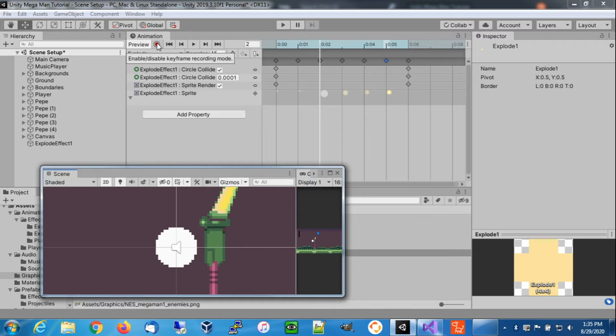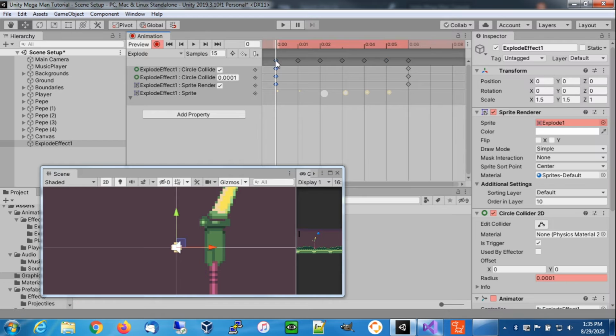So let's set ourselves in record mode because we're going to change the properties of these for each of the frames. So we're going to start on frame 1. On the first frame, we're going to turn off the render, and that's the only change we're going to make there. On this one, we're going to turn the render back on,